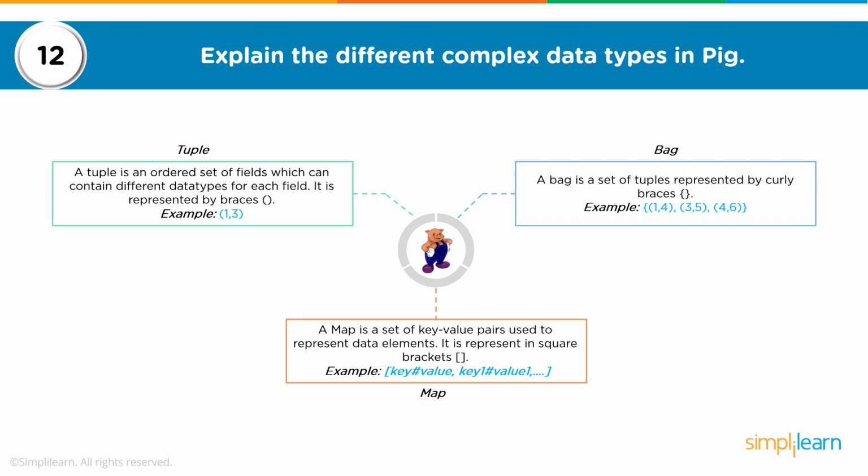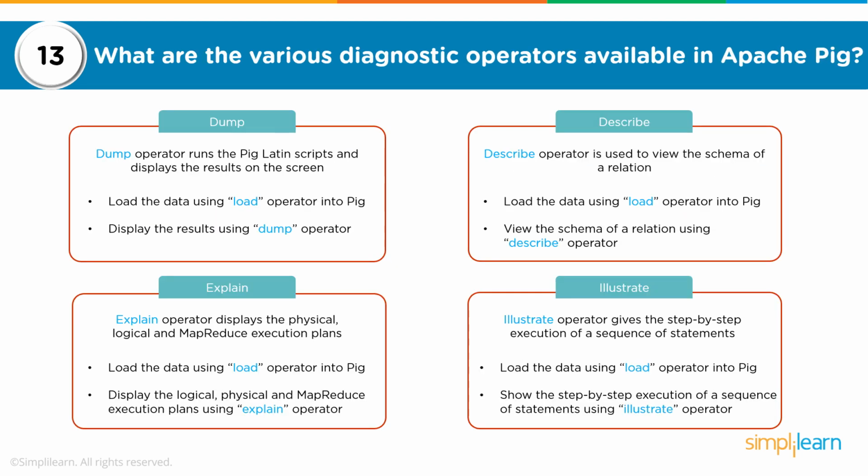So when you work in the big data field, you need to know about different data types which are supported by Pig, which are supported by Hive, which are supported in other components of Hadoop. So tuple, bag, map, array buffer. You can think about list, you can think about dictionaries, you can think about map, which is key value pair. So these are your different complex data types other than the primitive data types such as integer, character, string, boolean, float, and so on. Now, what are the various diagnostic operators available in Apache Pig?